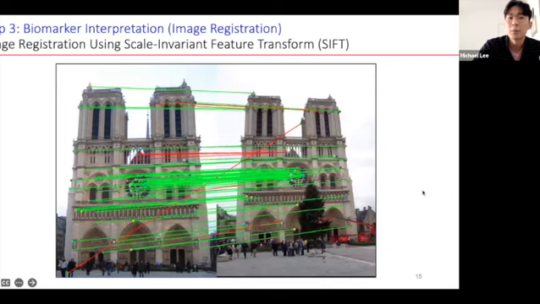And that's when we use something called image registration, specifically scale-invariant feature transform, to align the different images. And this is a good analogy where a picture of a cathedral was taken from two different vantage points. And ultimately they're of the same object, but they're two different images. Similarly, our whole slide images, our tissue sections, are from different cuts of the tissue. And so there might be slight differences. And so by using scale-invariant feature transform, we wanted to see if we can align and match different features of the two different images together.